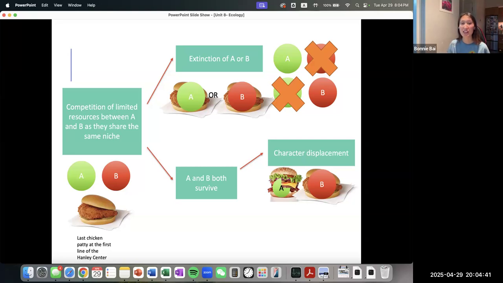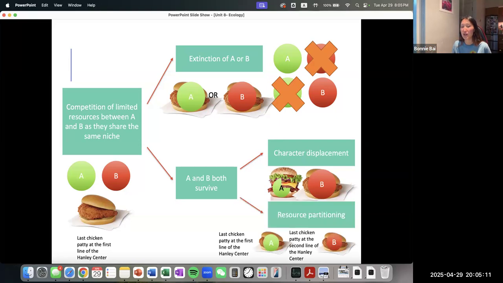Or for some of the other islands, some of the birds started off eating the same kind of seeds, but that's too much competition. It's not good for survival for either species. So then they could both evolve to avoid competition completely. One would eat larger seeds than they were before, and the other one will eat smaller seeds only and have smaller beaks than they were before. So that's character displacement. And then the other one I was talking about, eating food at different places, is called resource partitioning. Any questions about this?